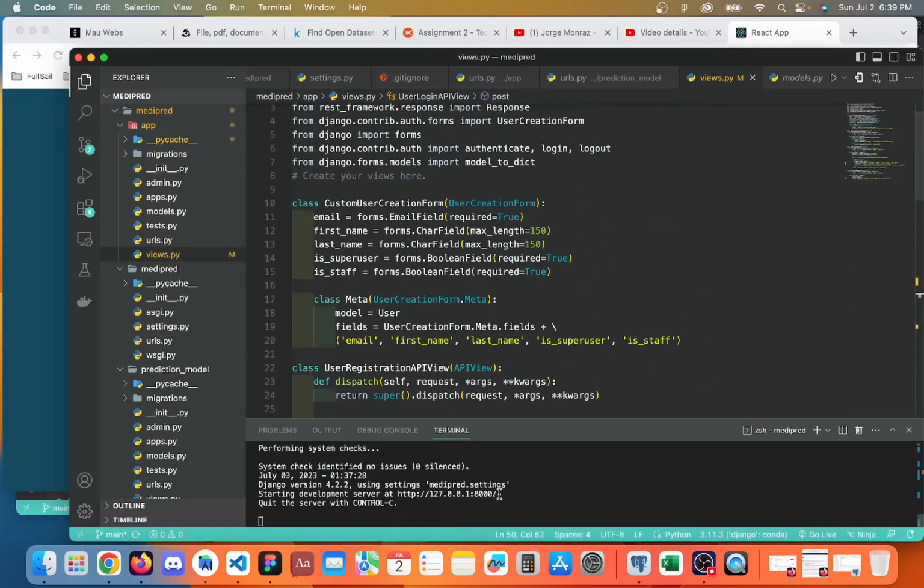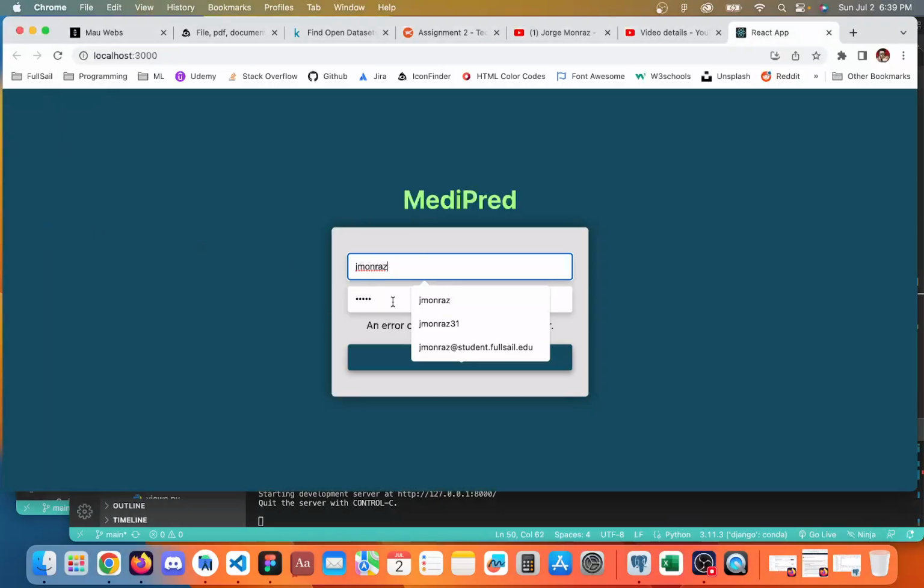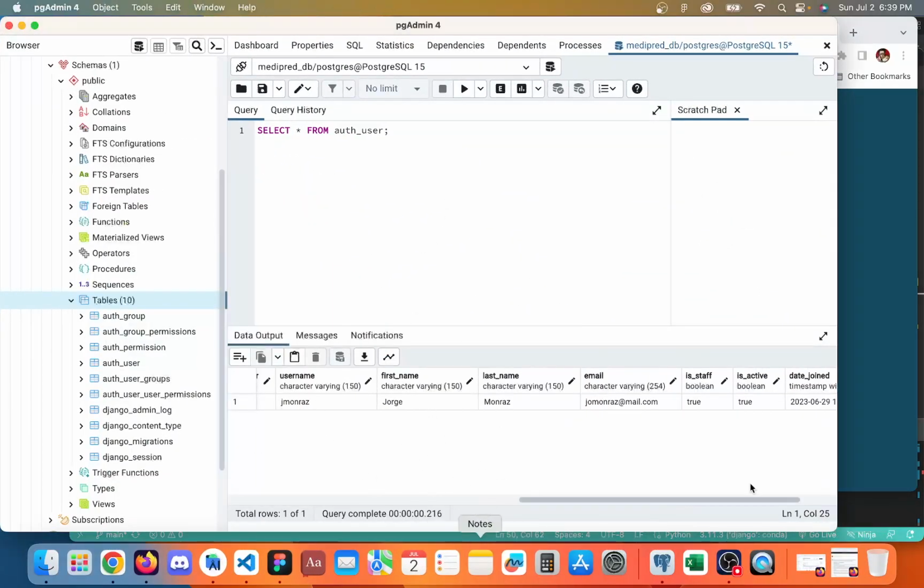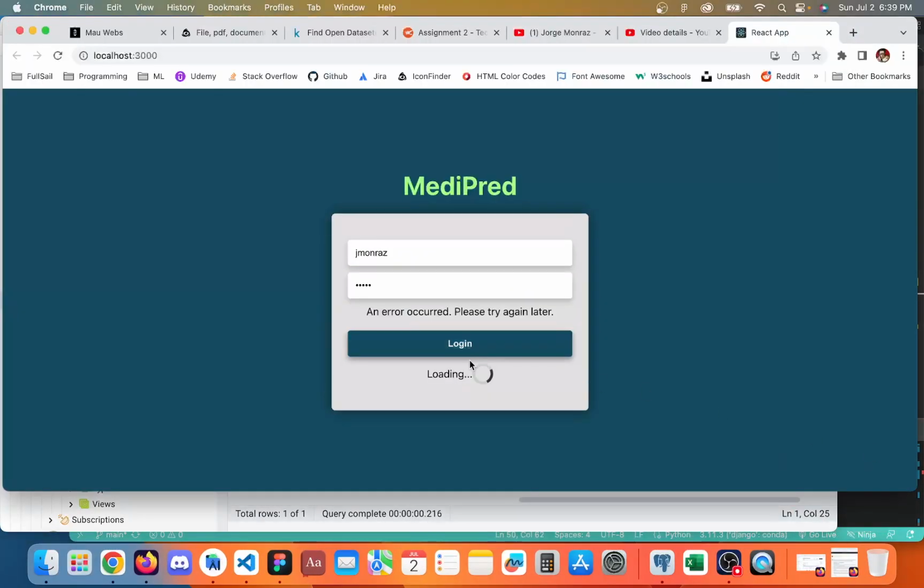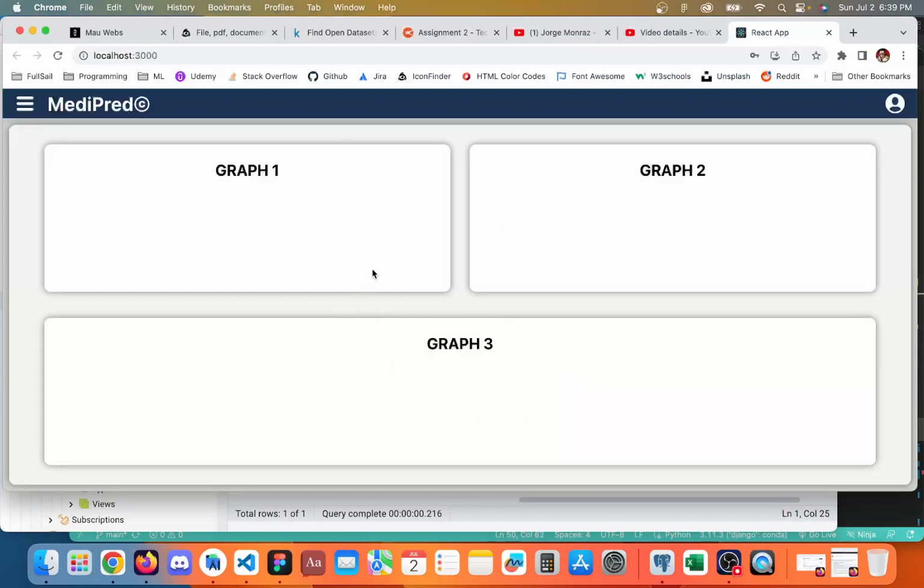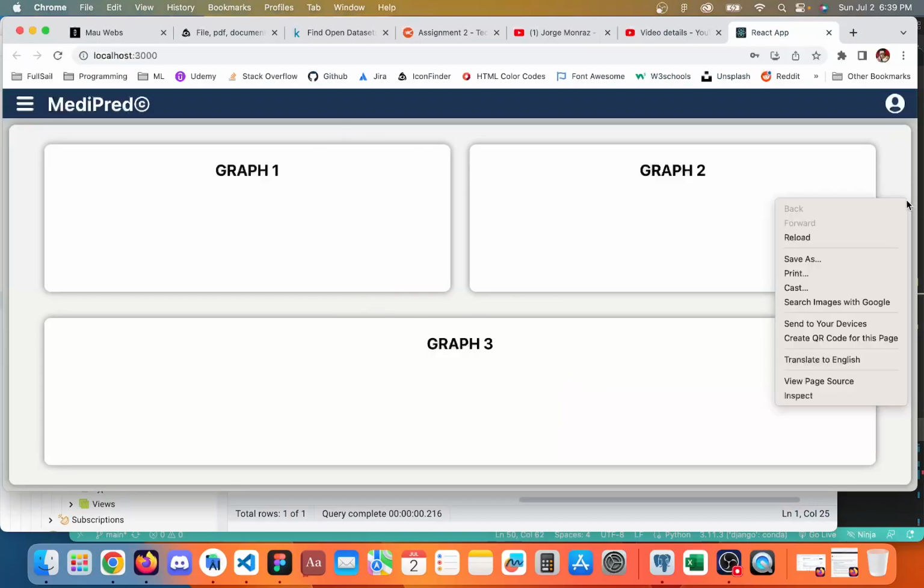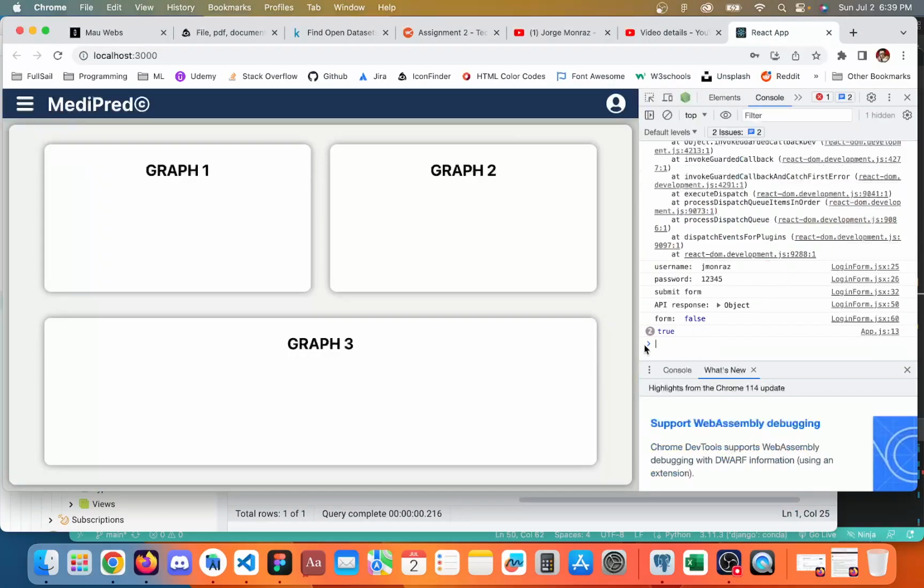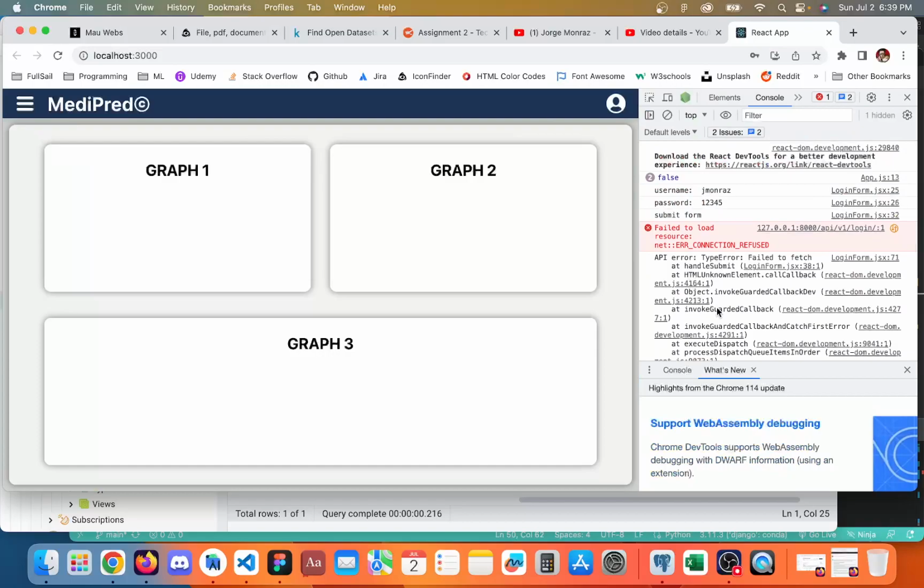Okay, so now that I have my server running, I can access my Django backend, which has my PostgreSQL database connected, which I have in here. So if I log in right now, it's going to be logging me into the system, and then if we check the console, it's going to also return a user object